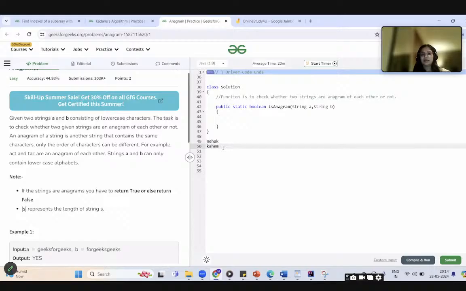So while I'm saying they have the same characters, what comes to your mind? What conditions, what logic comes to your mind if we want to check whether two strings are same or not? Let me know in the comment section anything which comes to your mind first, like how we can check that two strings are same or not.